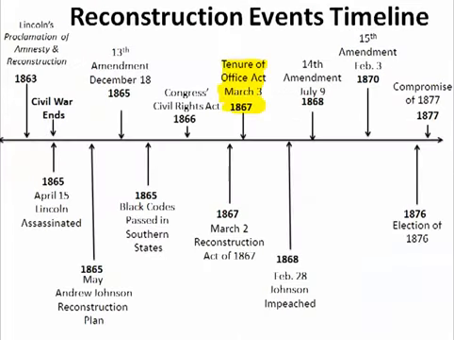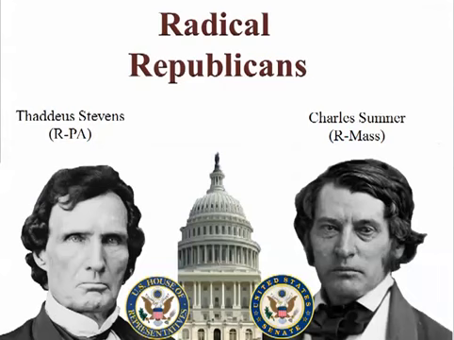Okay, so we talked about this Tenure of Office Act of March 3rd that was created to limit President Andrew Johnson. These guys here, these radical Republicans, we talked about them. Thaddeus Stevens, a Republican from Pennsylvania in the House of Representatives, was the leader there. And Charles Sumner, a Republican from Massachusetts. Sumner's the one that got beaten up by Preston Brooks after the Kansas-Nebraska popular sovereignty Bleeding Kansas ordeal. But Charles Sumner is also a radical Republican. It's these 2 guys that are really behind the impeachment proceedings of Andrew Johnson.